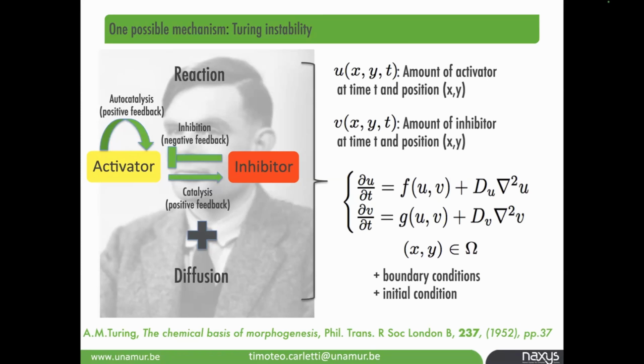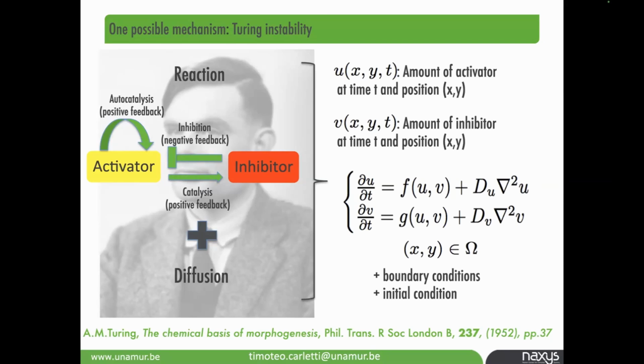What happens if I put together the two mechanisms that, isolated, tend to uniformize the substance, the densities that are spreading, but I add two more ingredients. The first one is that one of the two, say v, should inhibit its own production but also the production of u, while u should activate, promoting the production, so an autocatalytic activator if you want, because it produces itself and v. And moreover, you assume that one of the two, v, diffuses faster than the activator.